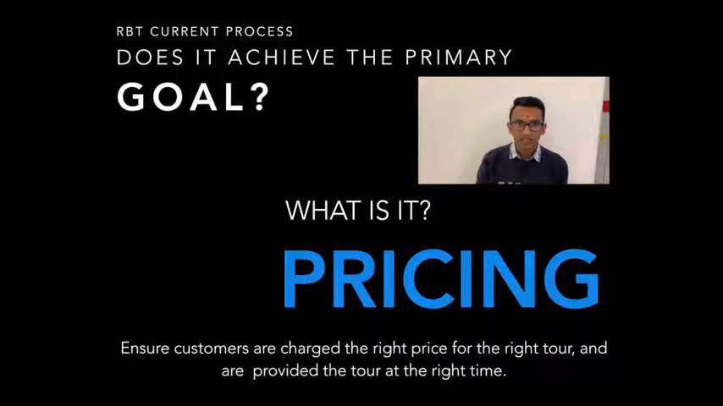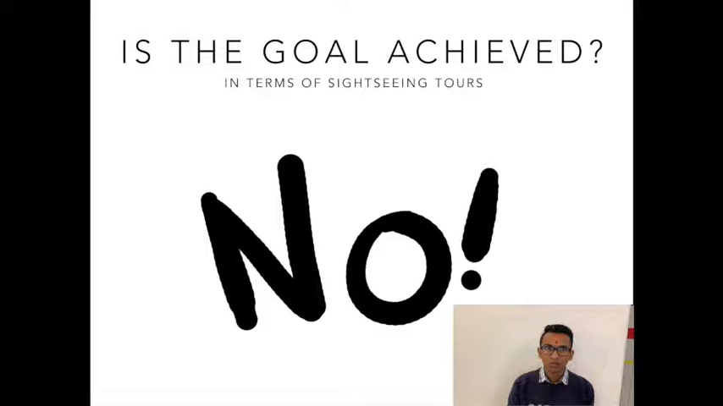The key question arising is: does the process achieve the primary goal? The primary goal for RBT is to charge customers the right price for the right tour at the right time. The objective has not been met since a significant amount of refunds are requested from sightseeing tours compared to other